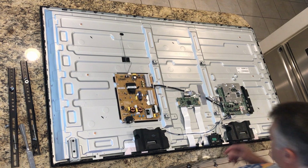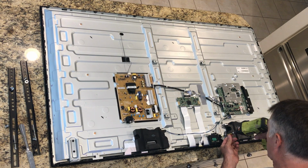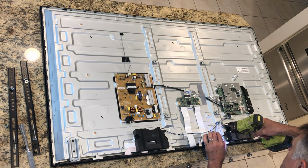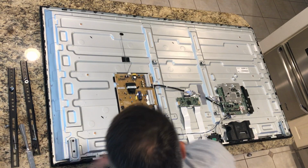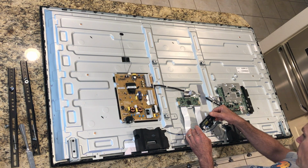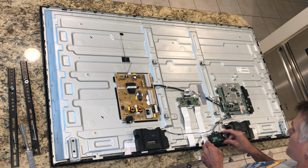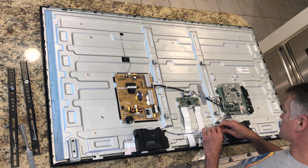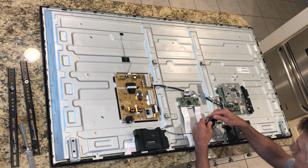wire connection is what needs to be cleaned. So, there's a little screw. Now, it seems like it would be smart to have a static ground strap and all that stuff. I remember when I was in college working back in the 90s, working in the hardware maintenance center, there was always this concern for static zapping things. I'm not going to worry too much about that, but now there's other connections over here that look like they